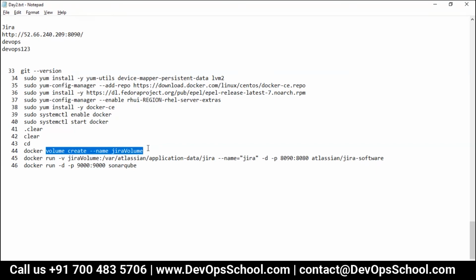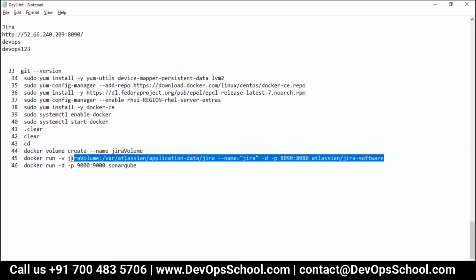So here what we did, we created a volume which is called Jira Home. Now this volume will be stored in the location called /var/lib/docker/volumes directory. That's a location. So they are using the same volume and mapping it inside the container at this place. So even though this container is gone, the data will not be lost. The data will be persistent. The container is removed, but next time when you start a new container, you can map the same data and get the older Jira software database and all such things. So this is the objective.